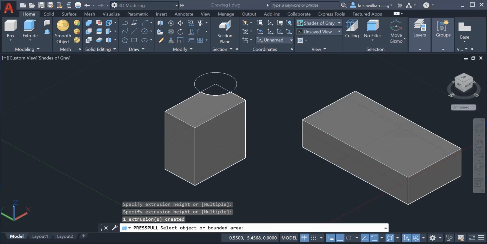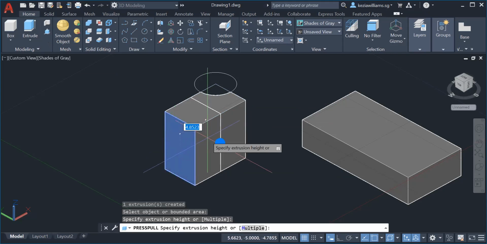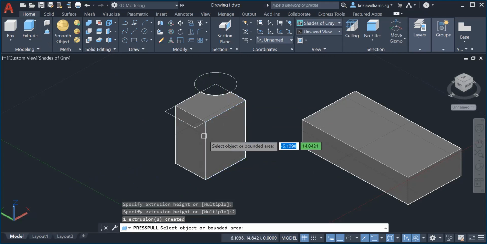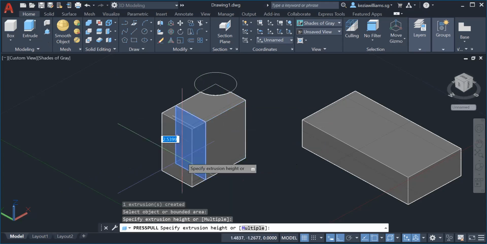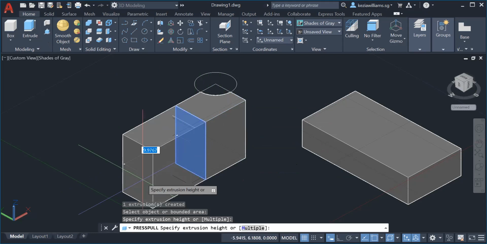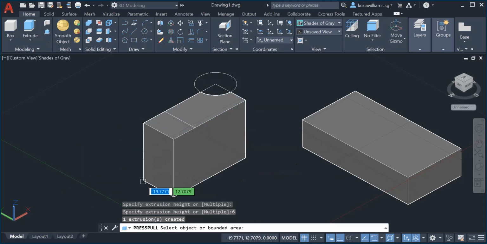Okay. And also press pull can be edited. I show you. So for example, I choose a press pull. I click here. I can move here and increase the length or reduce the length. For example, I go here, I press maybe 2. See, now it's already cut by 2 mm. If I want to increase by 6, I can increase by 6 mm.